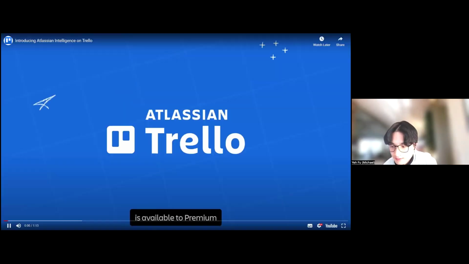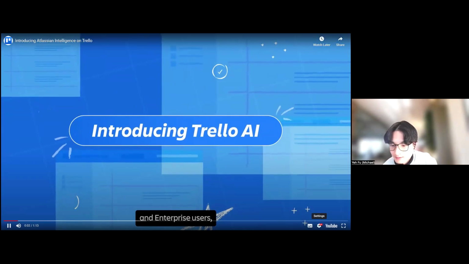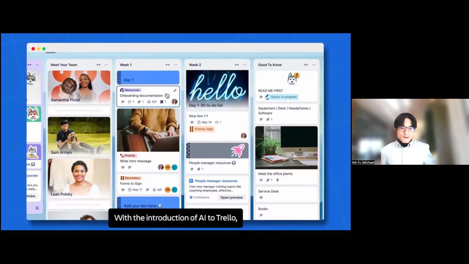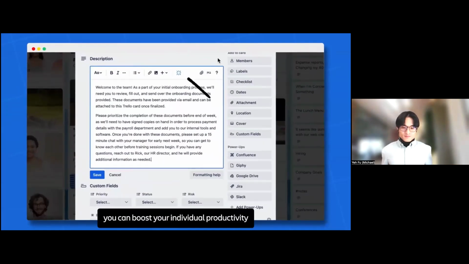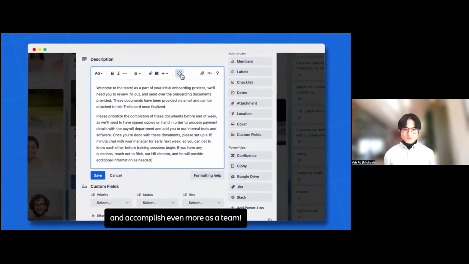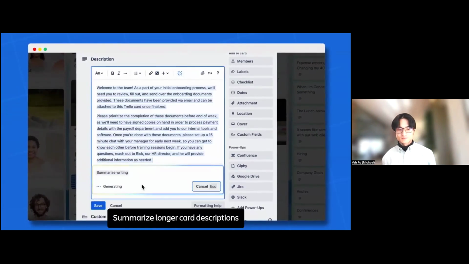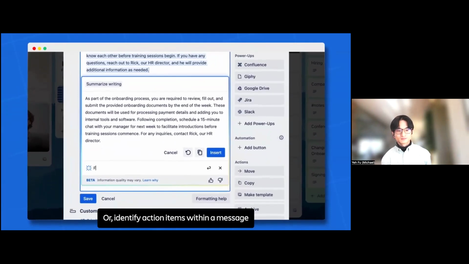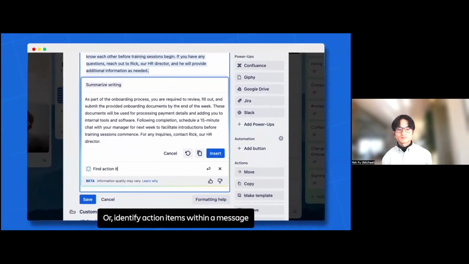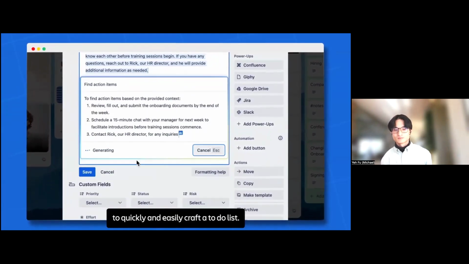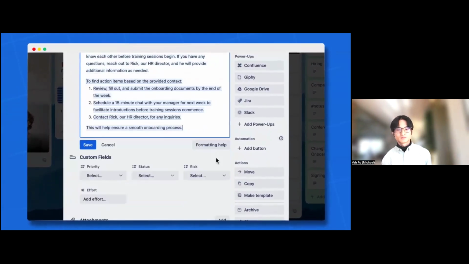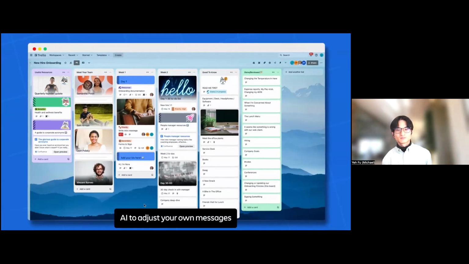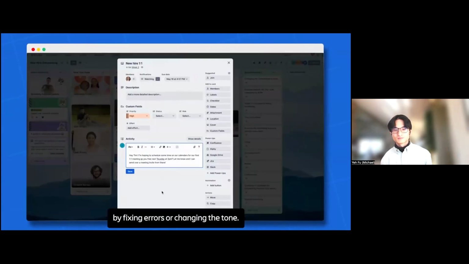Trello AI is available to premium and enterprise users to change the way you work and collaborate in Trello. With the introduction of AI to Trello, you can boost your individual productivity and accomplish even more as a team. Summarize longer card descriptions for a high-level look at the most important information. Or identify action items within a message to quickly and easily craft a to-do list. You can also use Trello AI to adjust your own messages by fixing errors or changing the tone.